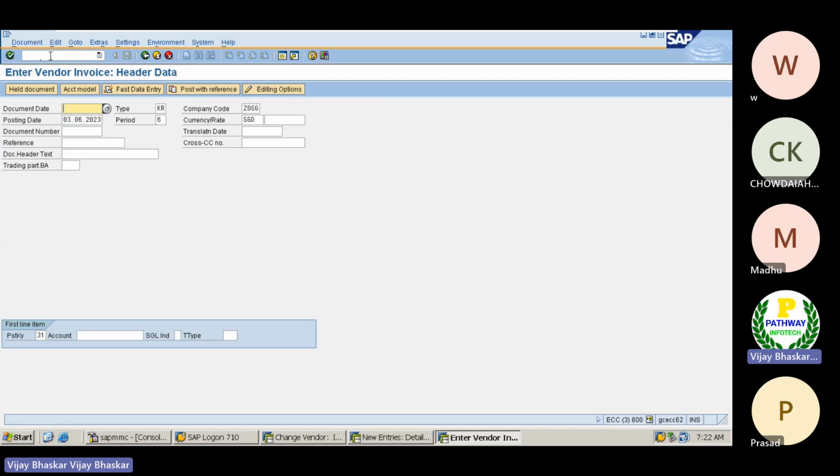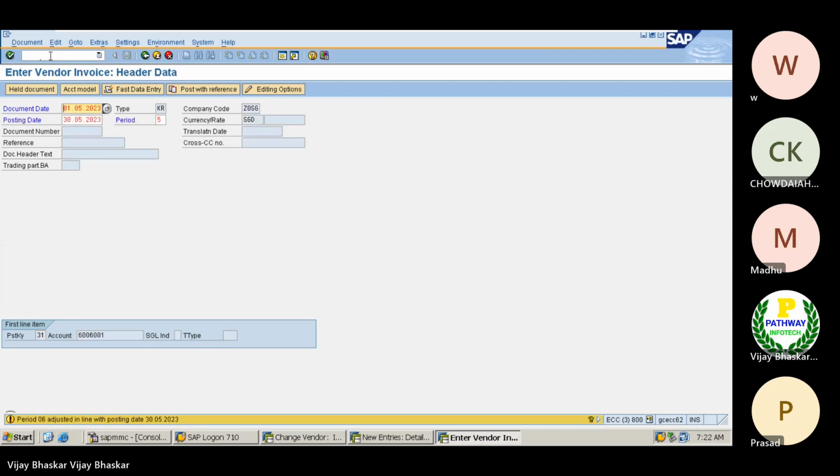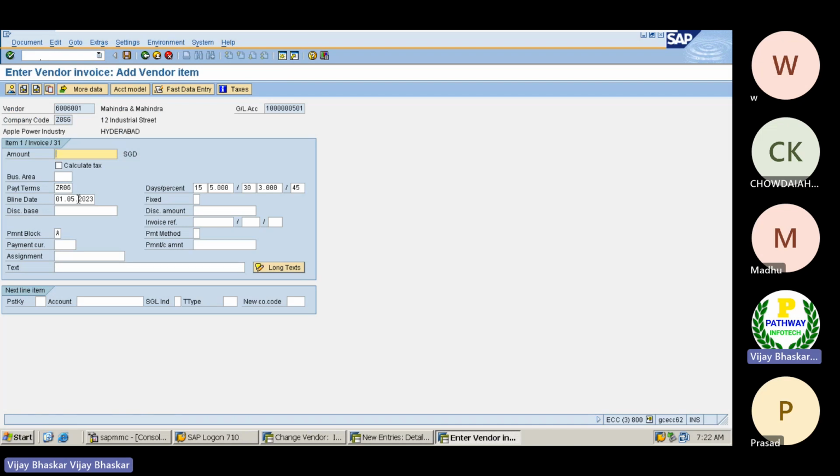/n. Let me post the vendor invoice. Okay, the same I will give. Both will differ. Okay. See now period 6 is adjusted. See now ZR6 has been determined here.